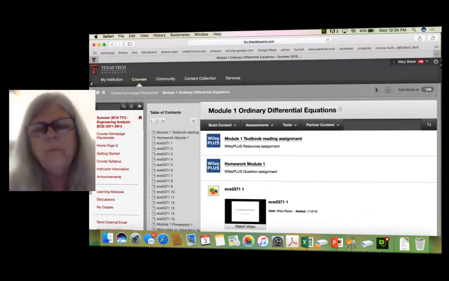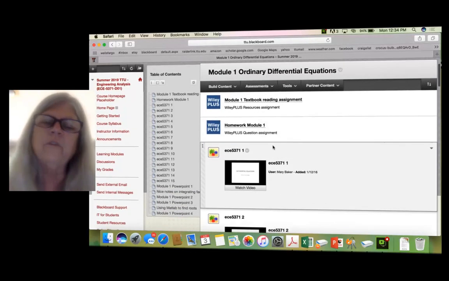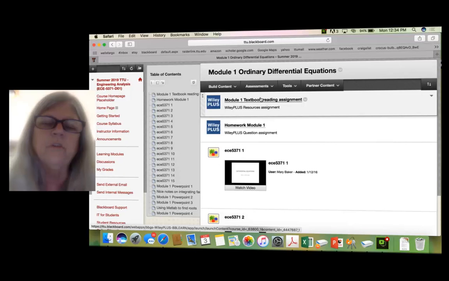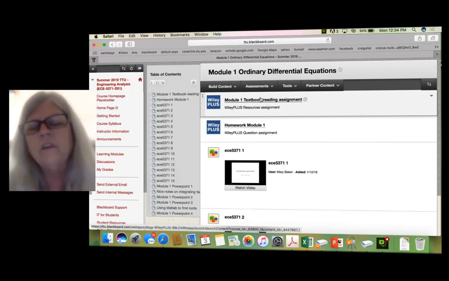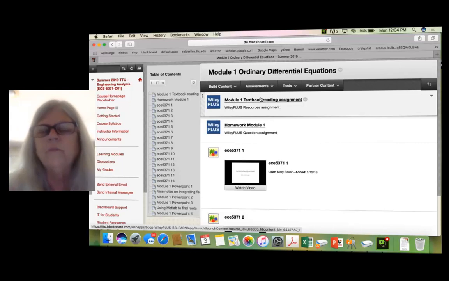So when you open a module, you'll see that first of all, I will have listed with each module what the sections are in the textbook that we'll be reading. Now, if this is your first time to access any of the links associated with Wiley Plus, as soon as you push on one of these links, it's going to take you to a page where you either enter an access code or you purchase access. So the first thing that you need to know about the online course is that you must purchase access to Wiley Plus. I believe at the very minimum that includes an ebook as well as access to the homework